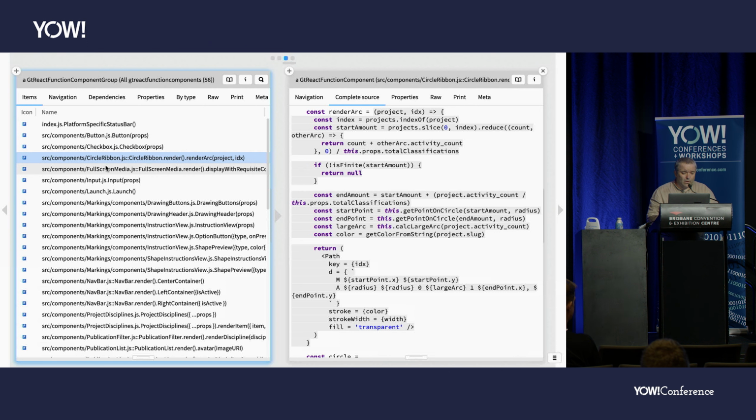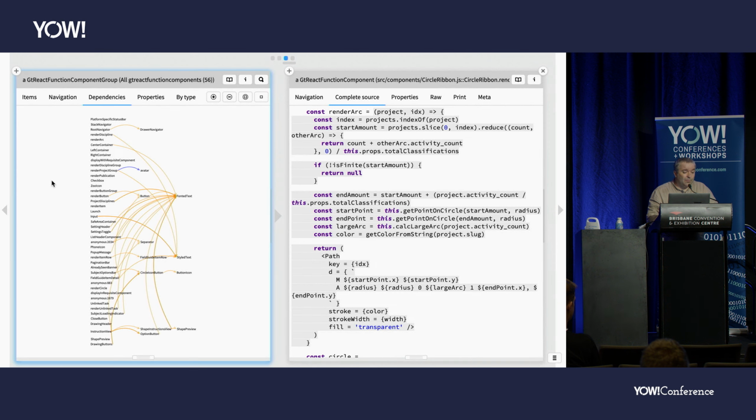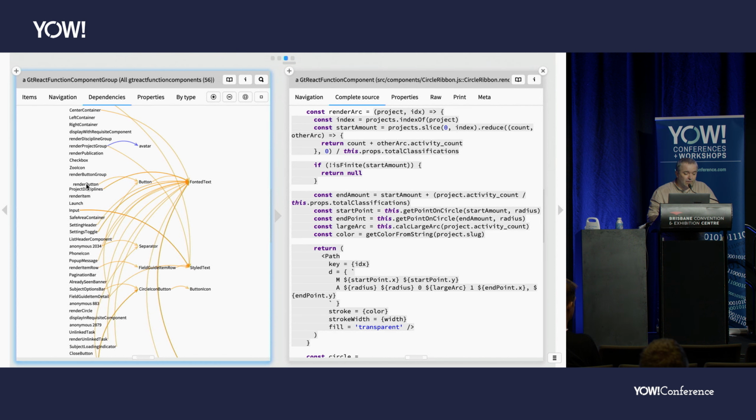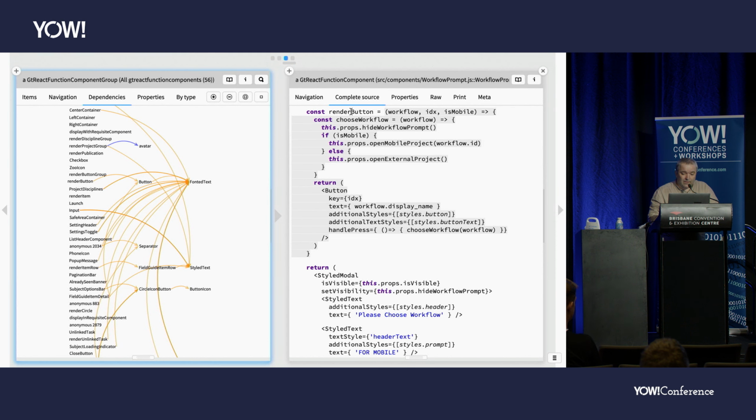So okay, this is one way to look at it, but back to our problem with the cycles. What we'd really want is to see the dependencies between all of these. And of course, that's just a perspective change over the group of components. And that's exactly what we see here. So we see a list of the components and the different dependencies. And if I click on any of them, I can see, for example, that the render button actually returns button, and therefore there are these dependencies. In this case, we can statically infer this, and we can quickly go and find our cycles. And again, it's not a complicated problem, but it's an interesting one, because this is a